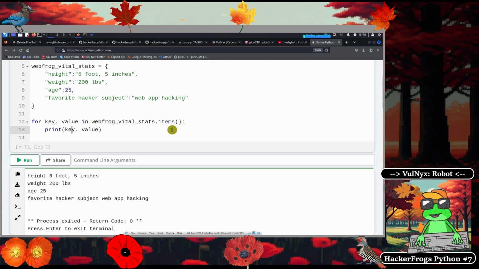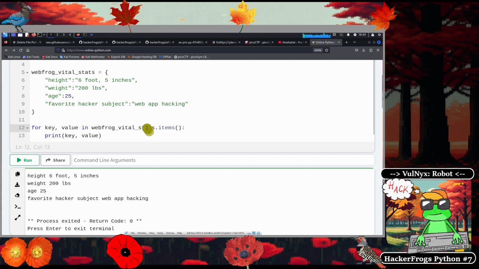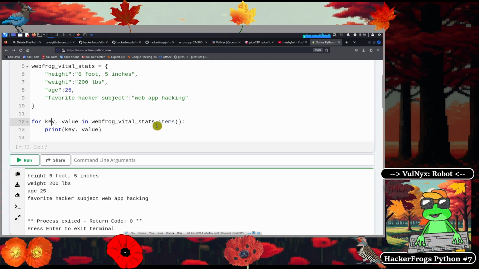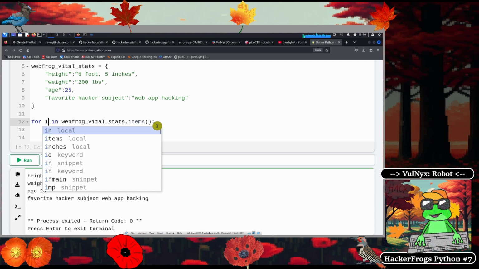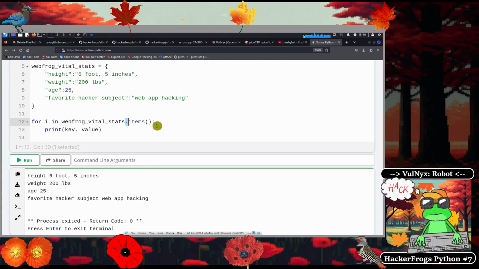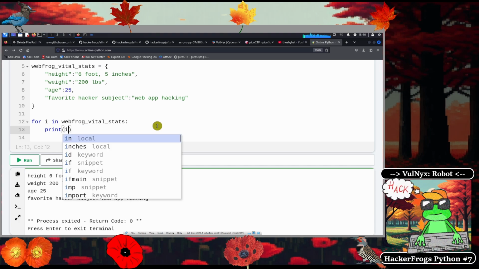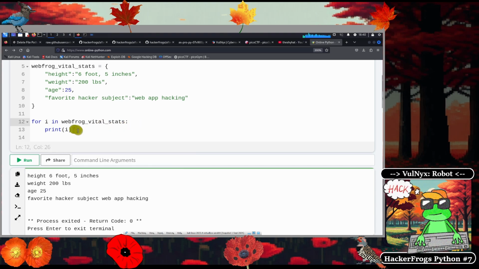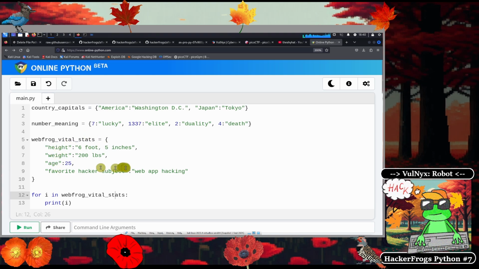But if you were to just use for key, or so for i in this thing, print the thing, then it's only going to print out the keys. So it'll only print out the height, weight, age, and it won't include the value on the other side. Okay, so